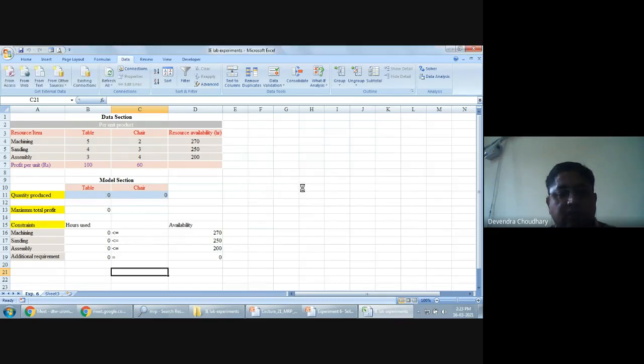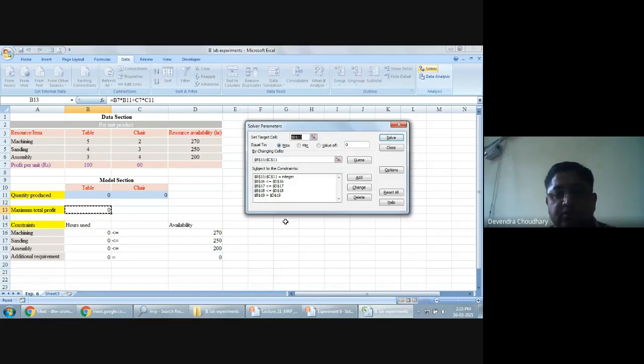And if this additional requirement is dropped, you can drop it by deleting this constraint. At any time you can select a constraint, delete it, and solve the problem.